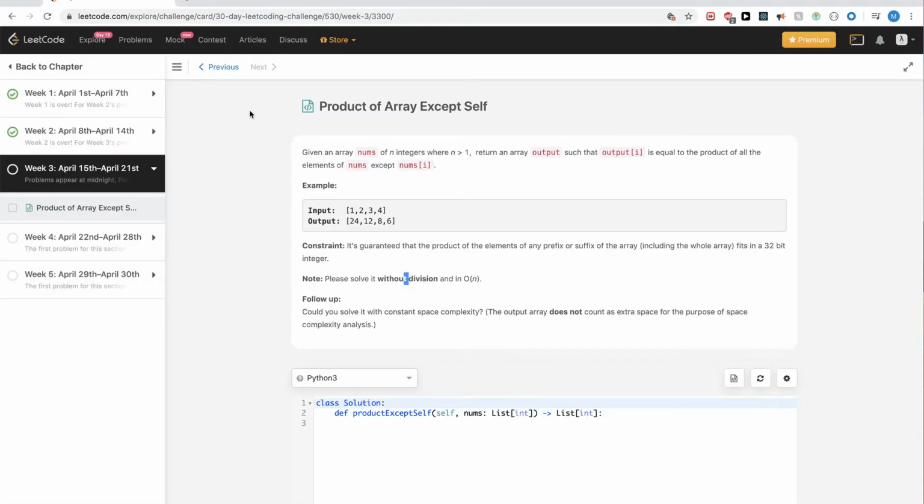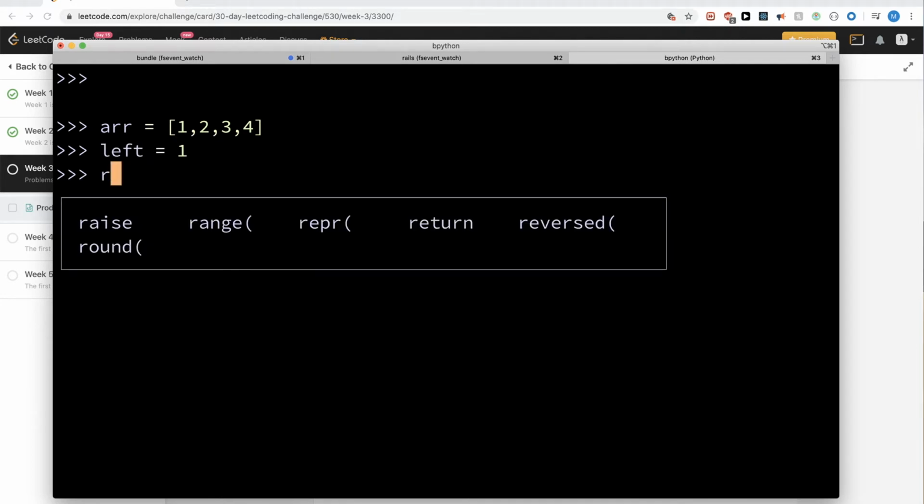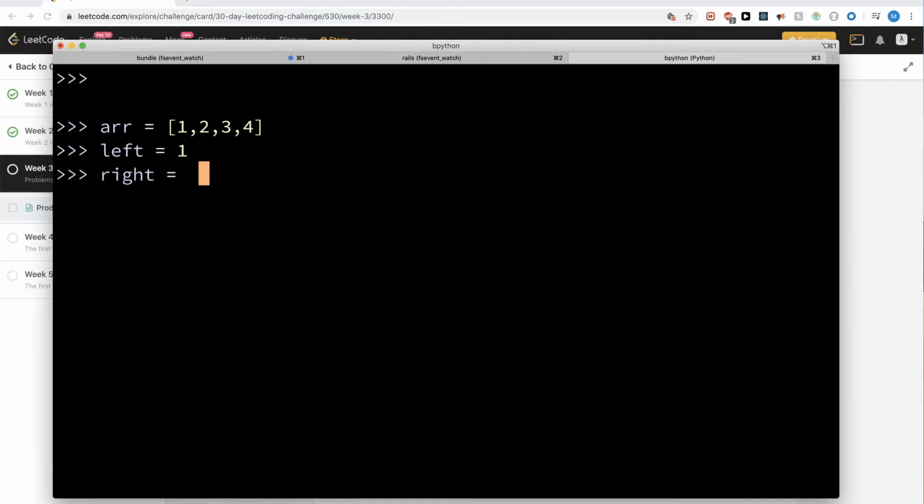Okay, so let's say we have an array like this. So if we have a left element that starts out at 1 and the right product that starts out as 1, for 1 we definitely need all of them, right? But can we put the element in the position